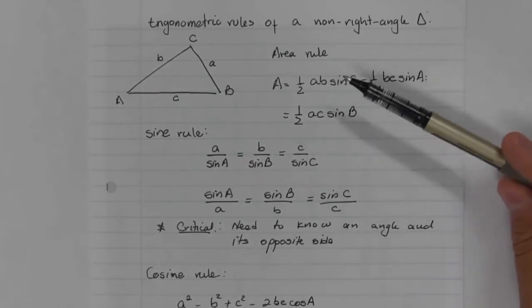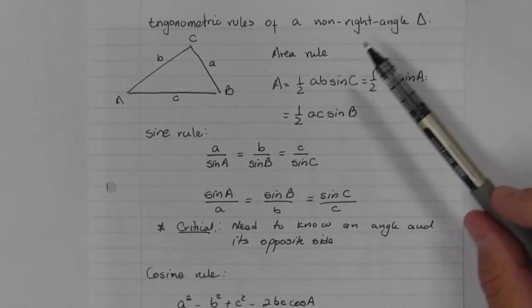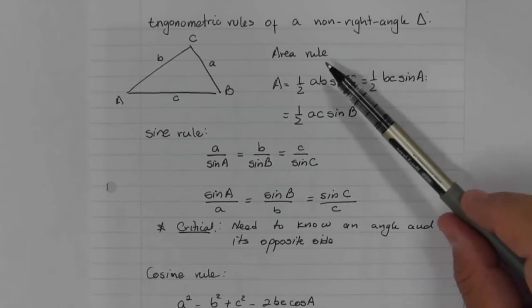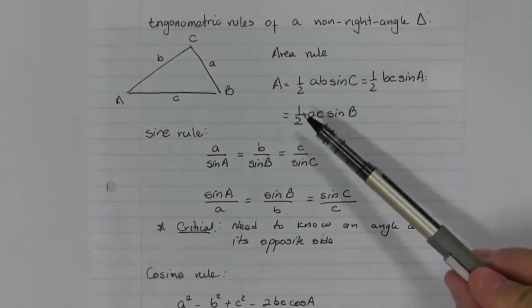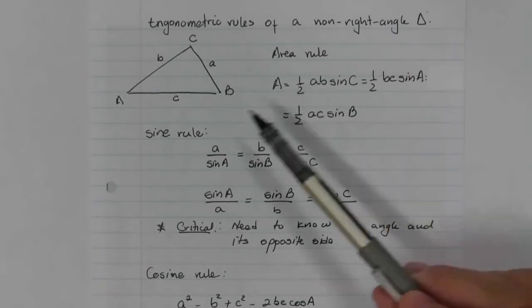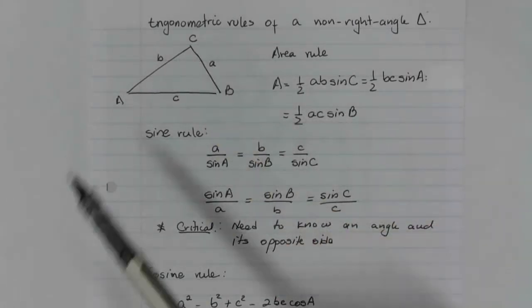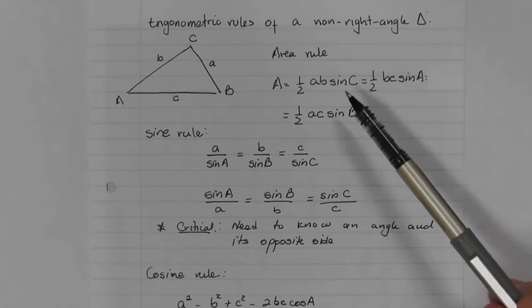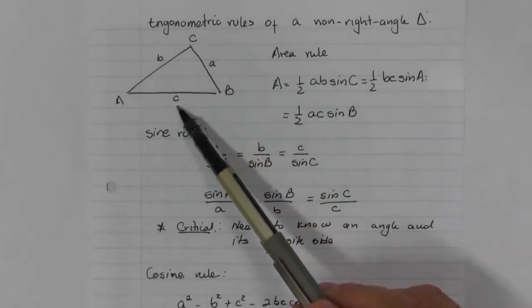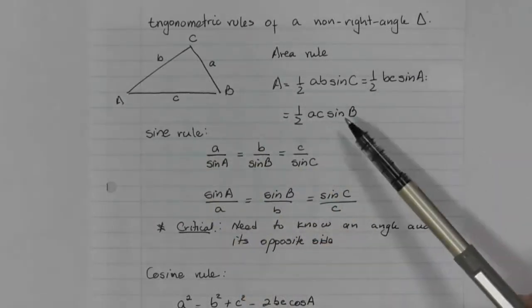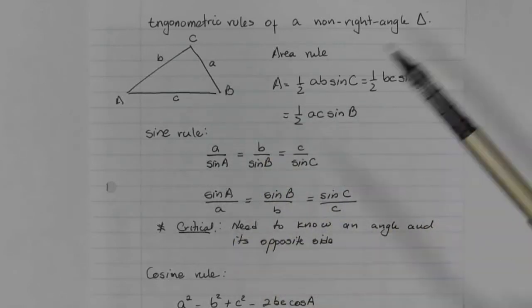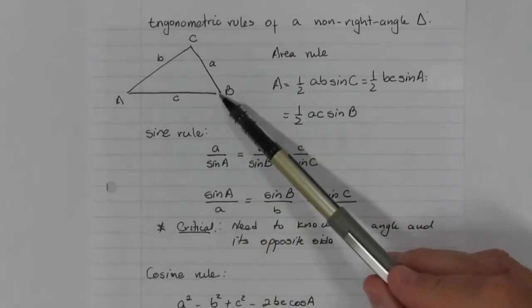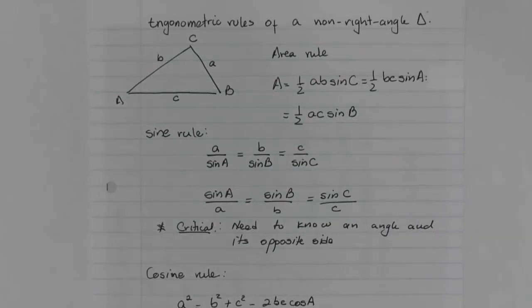So I'm going to start with the area rule, and as I said, the area rule applies to calculating the area of a triangle for as long as I know two sides and the angle between them. So I could write it as a half of AB times sine C, or I could write it as a half of BC times sine A, or it could be a half of AC times sine B. So for as long as I know two sides and the angle between, I can always find the area